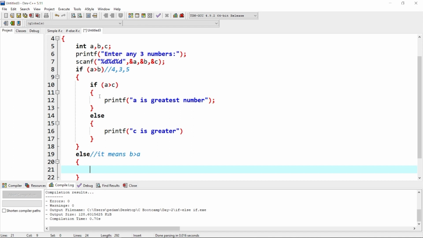printf. Okay. So else if, first we are going to write else if here. Else if b is greater than c, then it should execute these statements. If b is greater than c, we have understood that in this particular statement, b is greater than a. Now, if b is greater than c, it means that c is the greatest number. Right. So, sorry, b is the greatest number. So, b is greatest